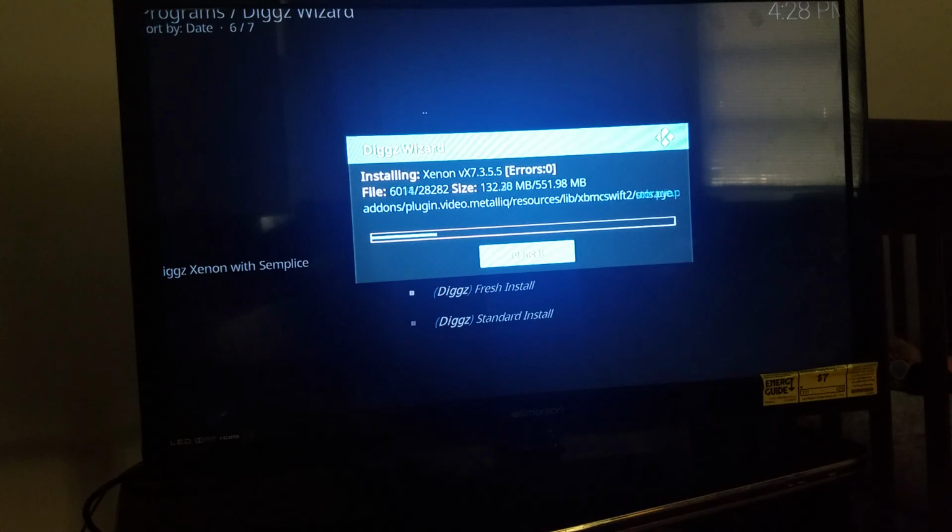All right, as you can see, guys, we're still on loading here. And if you happen to get an error, just go back to your downloader and make sure that you have your